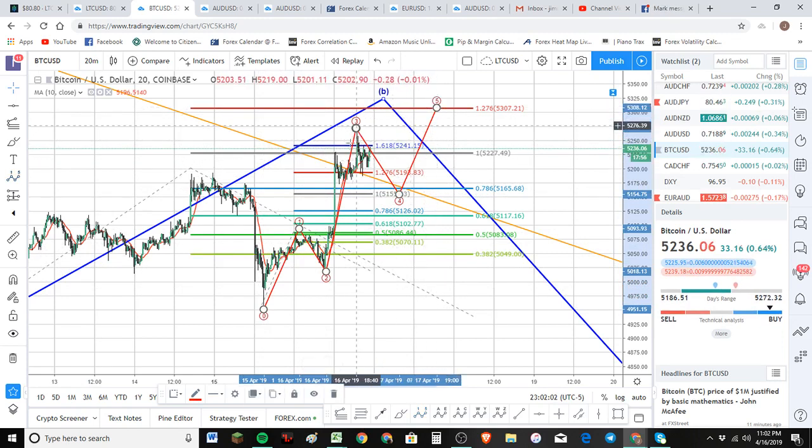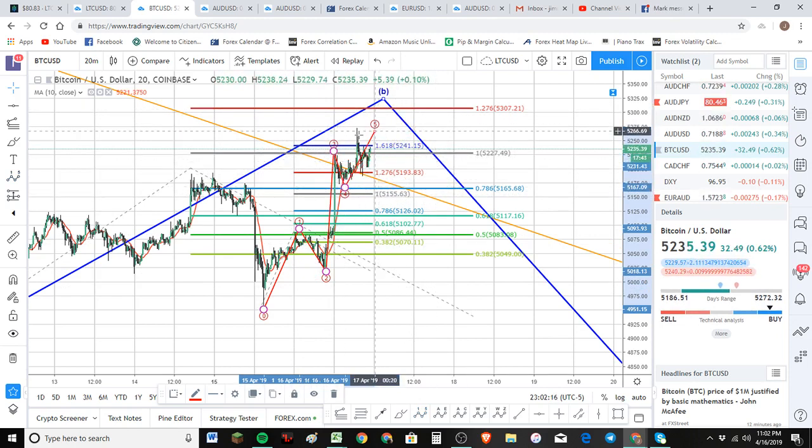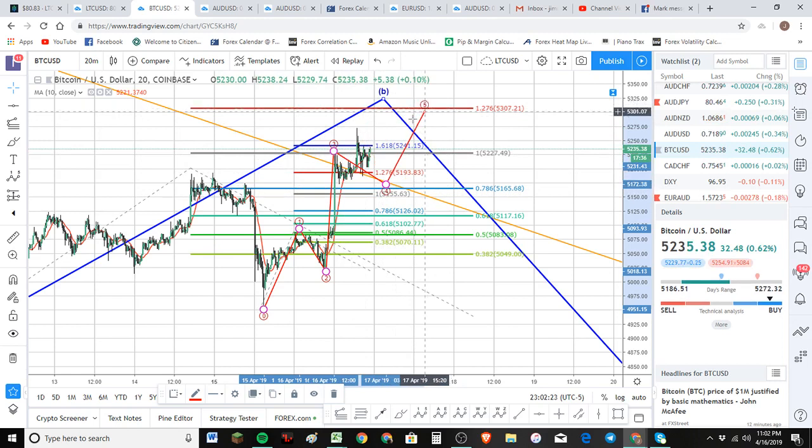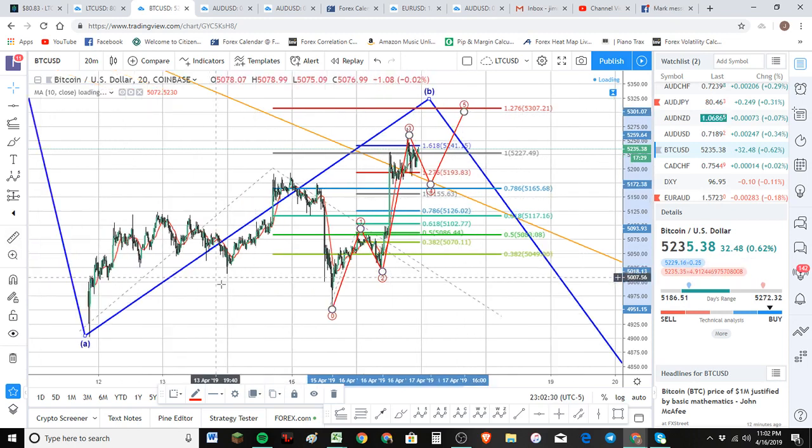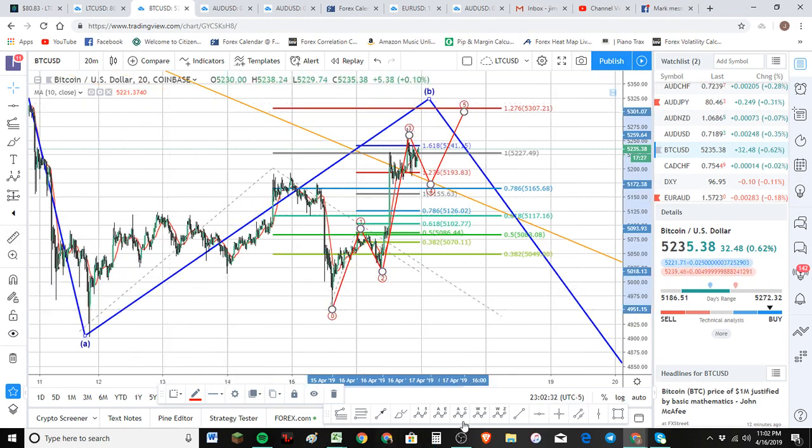Now, here's the thing. I could be completely wrong, and the reason I could be completely wrong is because this comes really close to the 1.618. So the question is, is that 3? Is this 4? And is that 5? We're going to have to wait and see. My gut is telling me no. This is 5 coming up here, and that this is the finished third wave of this C wave. So remember, well, it's a B wave, but remember B has 3 waves. It's going to be